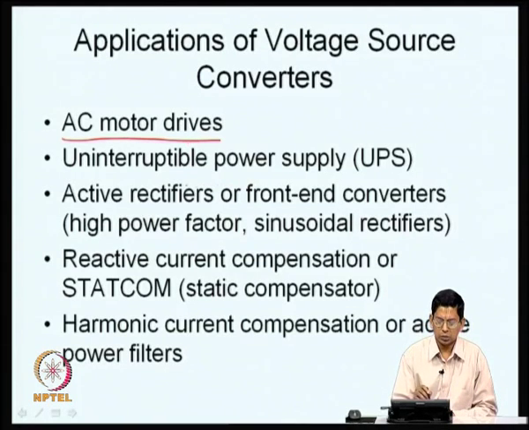Everybody knows that voltage source converters or inverters are applied in uninterruptible power supplies. In an uninterruptible power supply, you have a battery bank. Whenever there is no power supply available from the mains or the utility, you invert this battery power and feed your AC loads. So, you use an inverter there, and the battery itself is charged from the mains whenever power supply is available. That is what typically happens in an uninterruptible power supply.